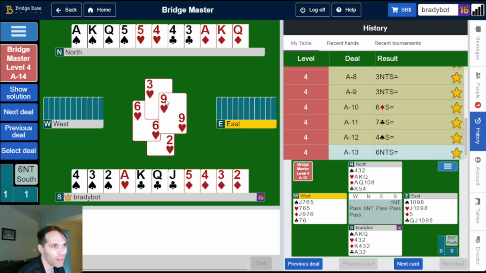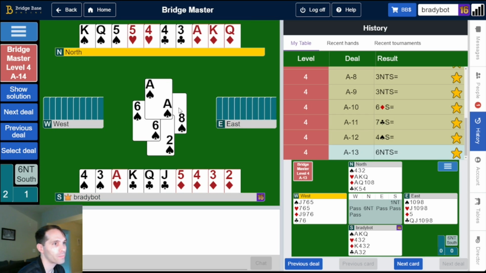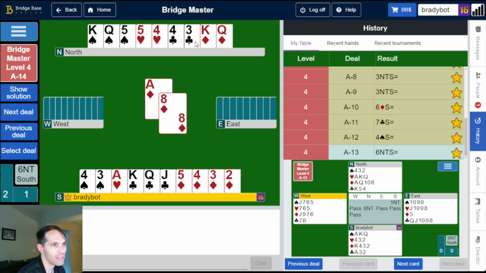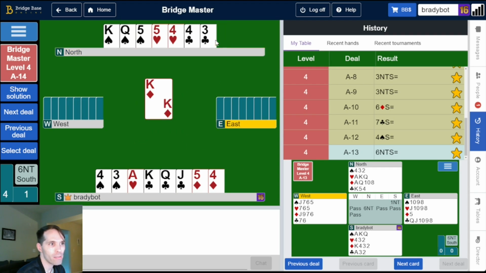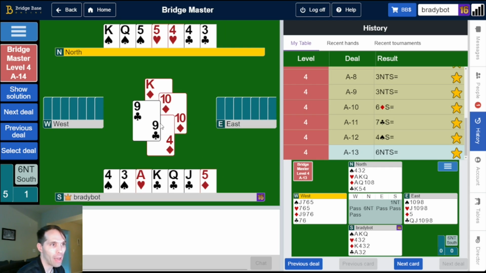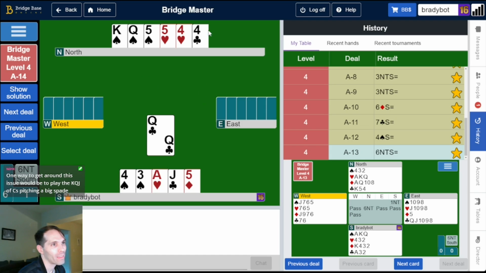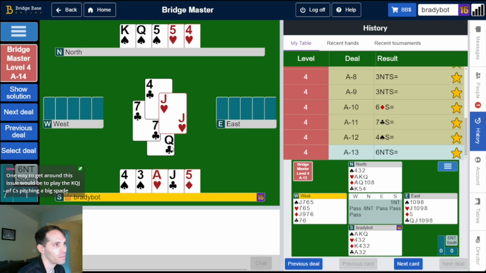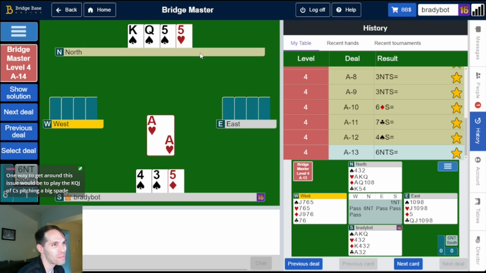So we'll duck a heart before doing anything else on this one. And now we can test the suits. And the squeeze that comes up here is going to happen effectively automatically. Look, we even guessed who was going to be short in diamonds. Well done, us. Yes, Brad,